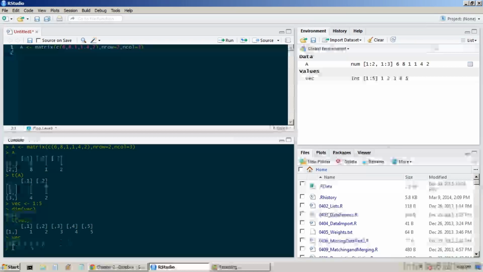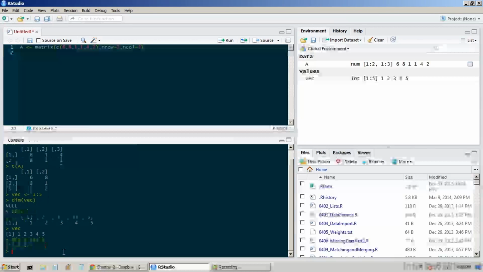Whereas before it looks like this, now we can see it has 1 row and 5 columns. So if we ask for the dimensions of the transpose of a vector, it will give us 1 and 5. Now, if we want to know what the element is in the first row and third column of a data